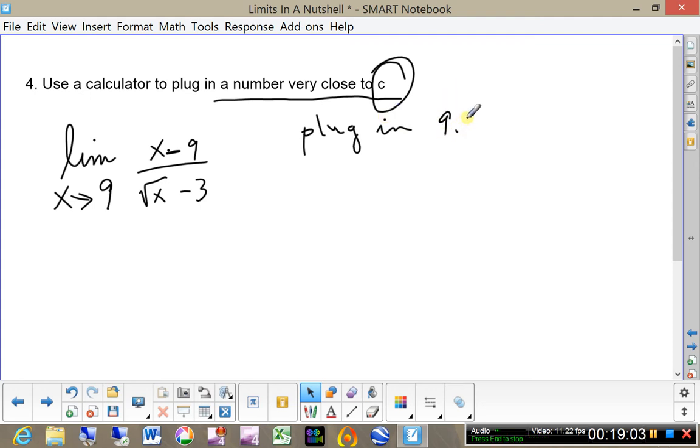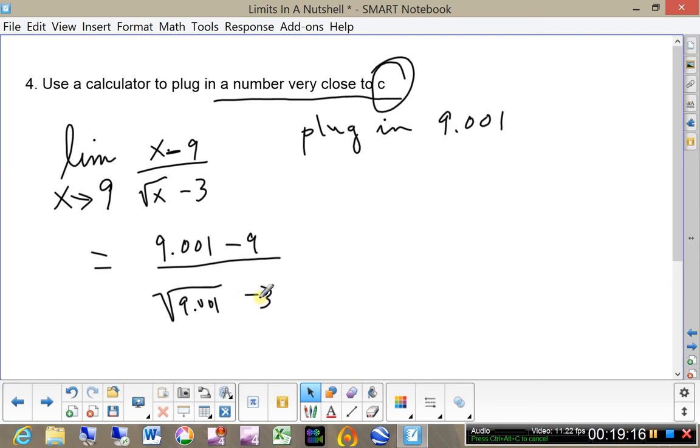Let's plug in 9.001. If we do that, we get 9.001 minus 9 over the square root of 9.001 minus 3. And you can very clearly see that this is 0.001 in the numerator. And if you do this with your calculator, do it very carefully. And in fact, if you use parentheses, you could put the whole thing in your calculator all at once, and you get 0.001 over